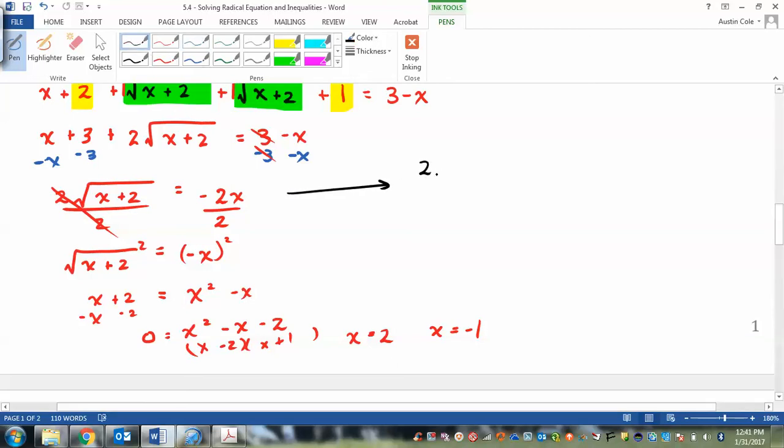Where I have 2 times the square root of x plus 2 equals negative 2x. So I'm going to show you the other way to do it. So this idea works great when I need to divide by 2 and that's divisible by 2. Another way would be to square it. Okay? To square it right away. So when I square both sides,